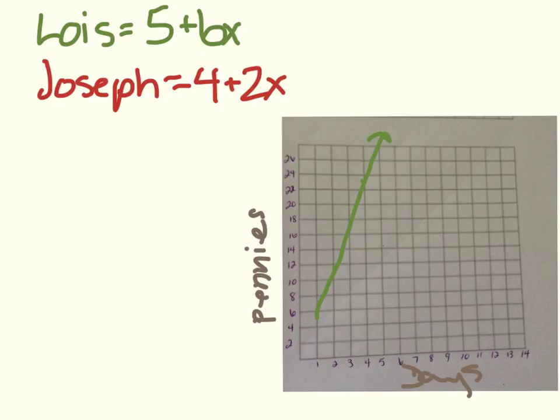Now let's go with Joseph. On day 1, Joseph had 4. And then each day, Joseph saved 2 pennies. Okay. All right. After how many days will they have the same number of pennies? What do you notice? The graph never intersects. The lines never intersect. So, this means that Lois will always have more pennies than Joseph. So, your answer would be